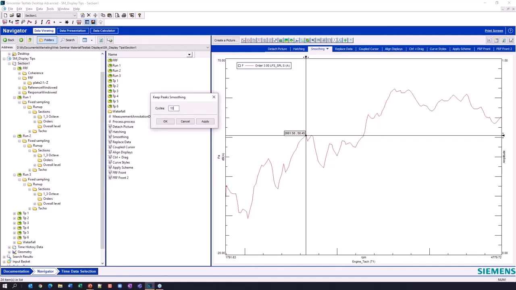If I increase this to 10, it's similar to adding a heavier amount of smoothing, but I'm going to keep my peaks. So you notice the amplitude here, even if I go all the way up to 100, the amplitude at that RPM is exactly the same. The algorithm that we use to smooth this data keeps the peak values and those stay the same, and all the minima of the jaggedness are sort of smoothed up to those peaks. So I can always trust the amplitude values, even if I'm applying a heavy amount of smoothing.